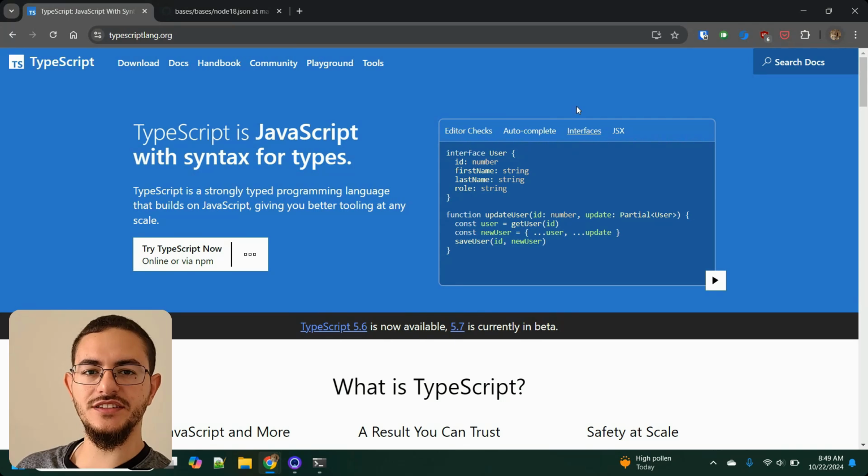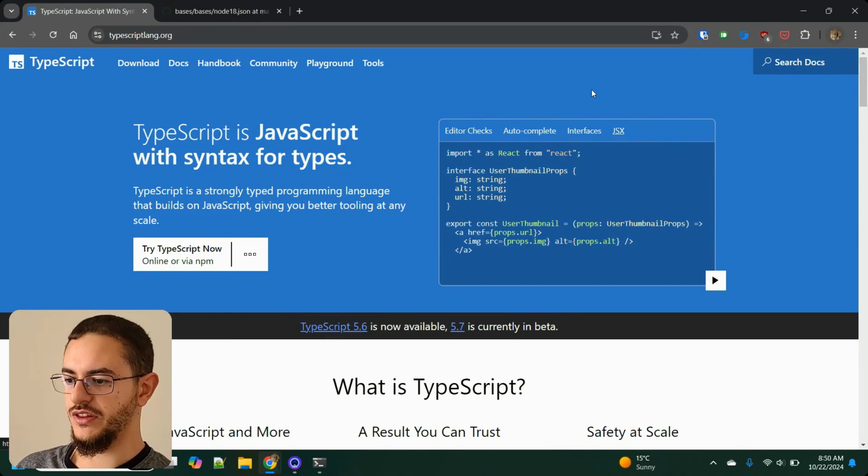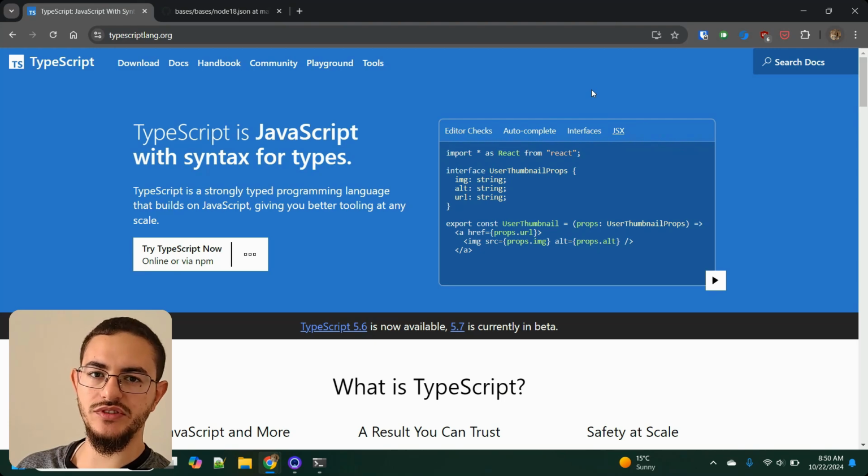TypeScript also allows us to have interfaces such that we can extend an interface using multiple different object types. There are also various other advantages to using TypeScript as well, such as the ability to support JSX files. TypeScript is getting pretty popular these days, so let's take a look and see how we can set up an